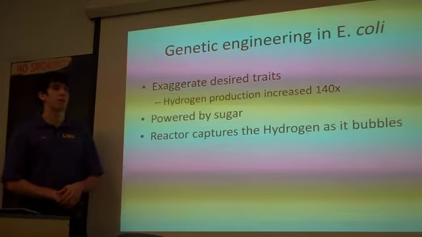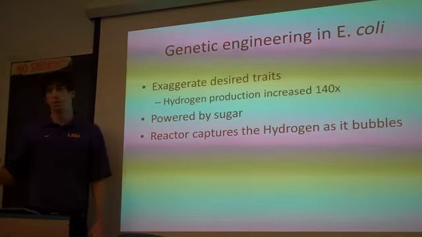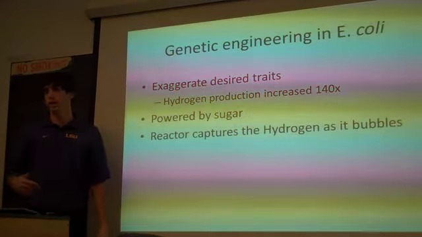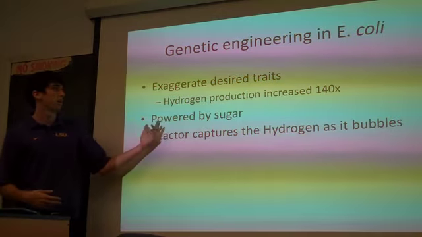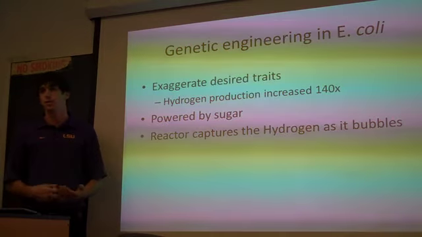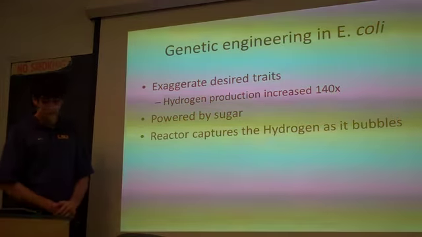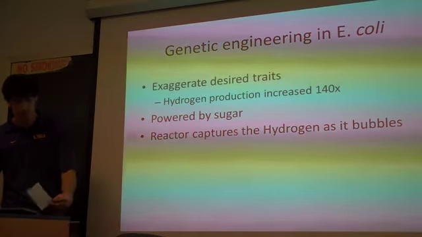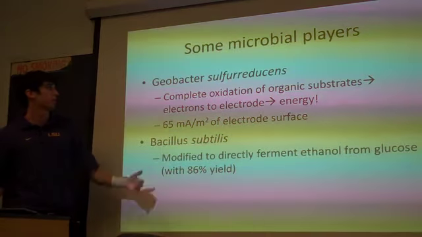If this were to get better and be on a large scale as a way to produce energy, people would grow crops like sugar cane, something with sugar, and put them in these huge reactors and get a bunch of hydrogen fuel as the output, and it's in the form of a gas, so it's easy to capture. It just bubbles up out of the solution. So that's one example.